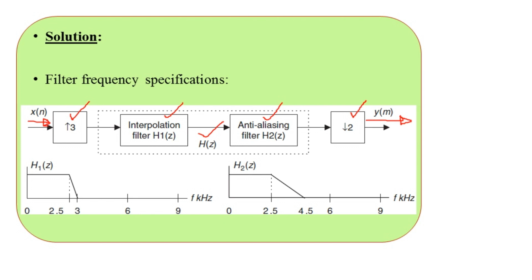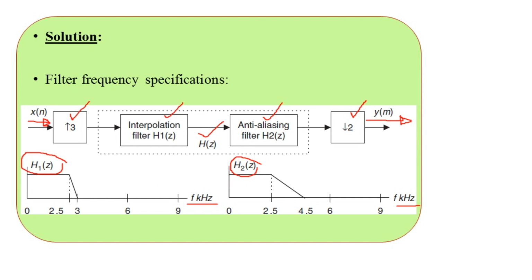So the important part is at the bottom. Here we have the plot of h1 of z and h2 of z concerning the position of the two filter components. The combined effect, of course, we have to see. On the horizontal axis you see frequency in terms of kilohertz for both the plots of the filters here.